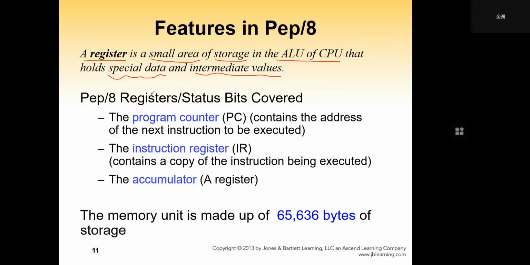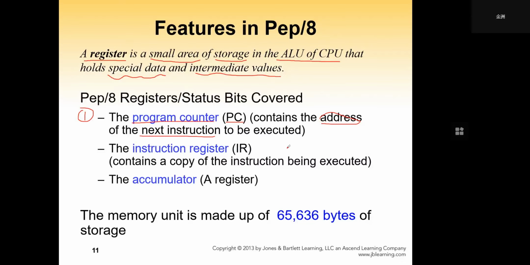The first is the program counter, PC for short. The program counter register contains the address of the next instruction to be executed. We said each instruction is stored in the computer's memory, so it has a related address